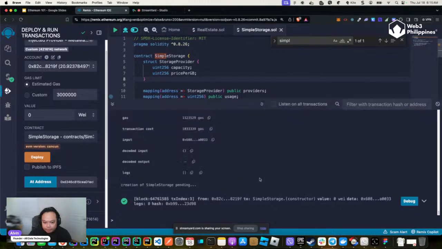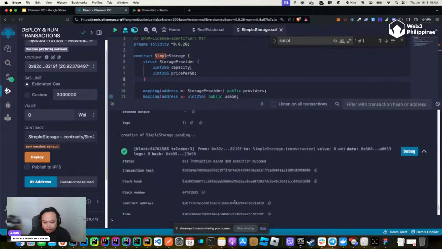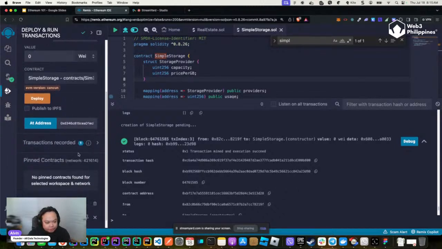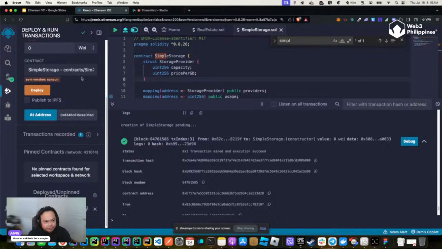Let me just put this here. You will also see the transaction hash here, right? And the contract address. So the next step is, how do we test this, right? There are two ways to test it. One is at the bottom of this screen, in the deploy and run transactions section,